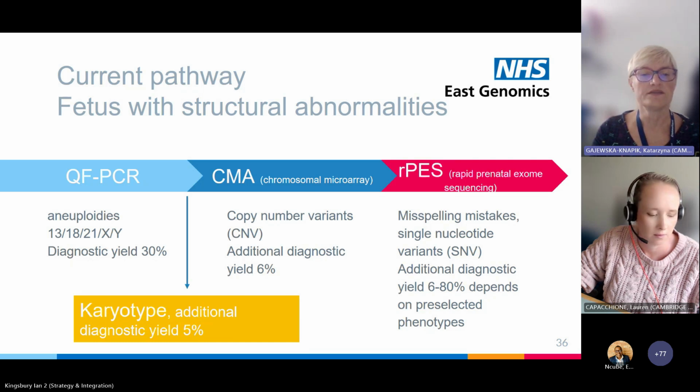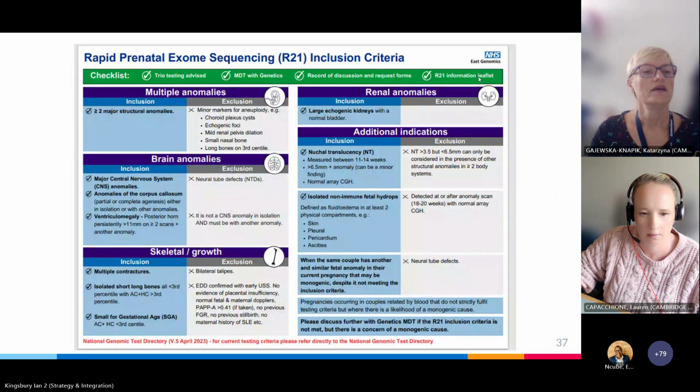If chromosomal microarray is negative, we send for rapid prenatal exome sequencing. Sometimes we send for it in parallel to chromosomal microarray for time saving. Rapid prenatal exome sequencing is looking at misspelling mistakes, single nucleotide variants, and additional diagnostic yield is between 6 and 80%. For rapid prenatal exome sequencing, there are certain inclusion criteria, as it does not report all the results. It reports only results which are in line with abnormalities which were found. And multiple abnormalities are one of the criteria. Most of brain abnormalities, most of skeletal abnormalities or renal abnormalities are indications for